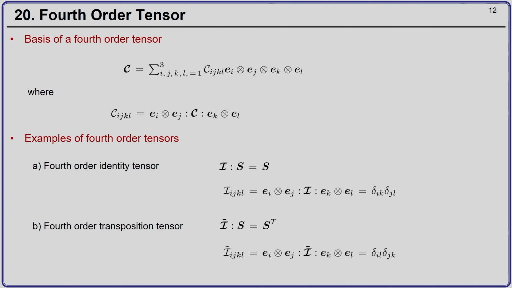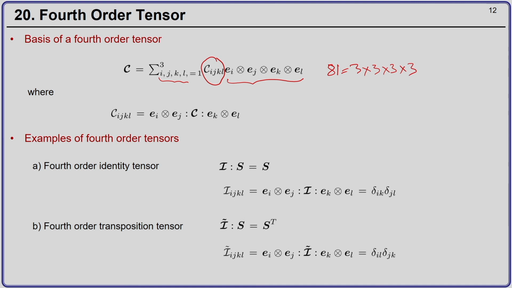Okay. So, now as was the case with second order tensors and third order tensors, there is indeed a basis for a fourth order tensor, and this is obtained by taking the tensor product of the basis vectors E_i, E_j, E_k, E_l, where i, j, k, l go from 1 to 3, and corresponding to each basis you will have a component C_ijkl. Okay. So, in total there will be 81 such components, because at each place each index can have 3 options, so 3 into 3 into 3 into 3.